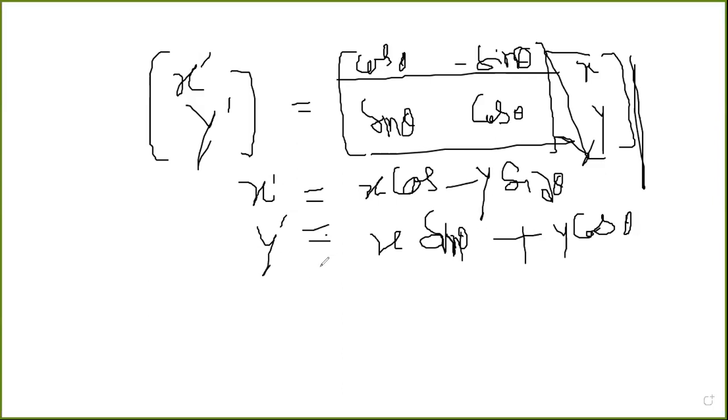If you have to rotate theta degree anti-clockwise, you will use plus theta. If you are going to rotate clockwise theta, then you use minus theta. And the rotation matrix is cos theta, minus sin theta, sin theta, cos theta. Okay, so in each and every case you have to use this matrix and take the points here. If you have 4 points, use x1, y1, x2, y2, x3 like that.